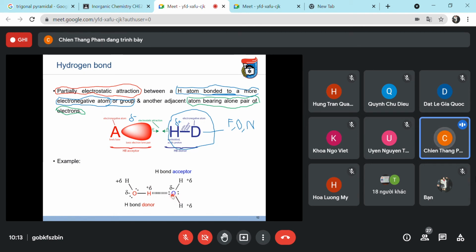And the hydrogen bond is intermolecular, the interaction between two or more molecules. For example, here you can see the first water and the second water. So here there is